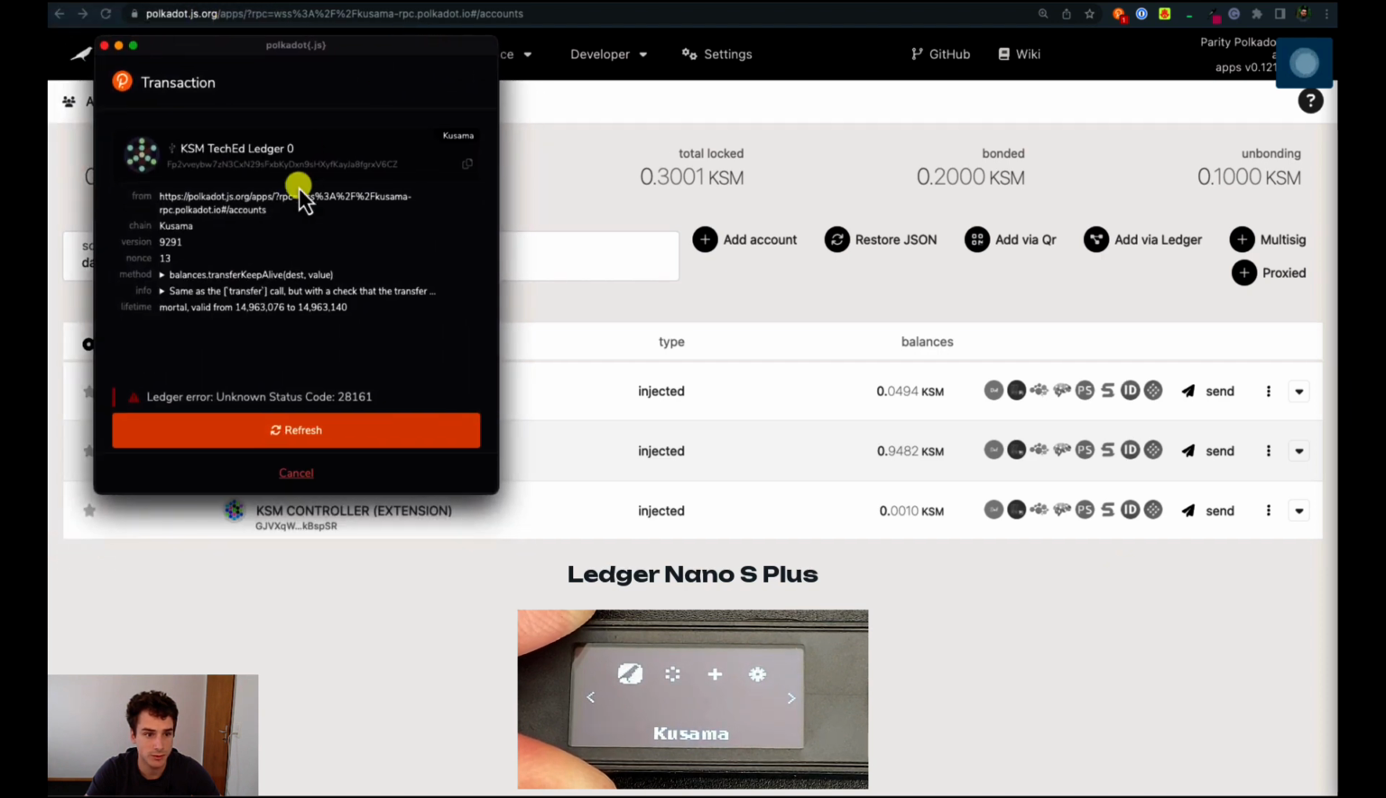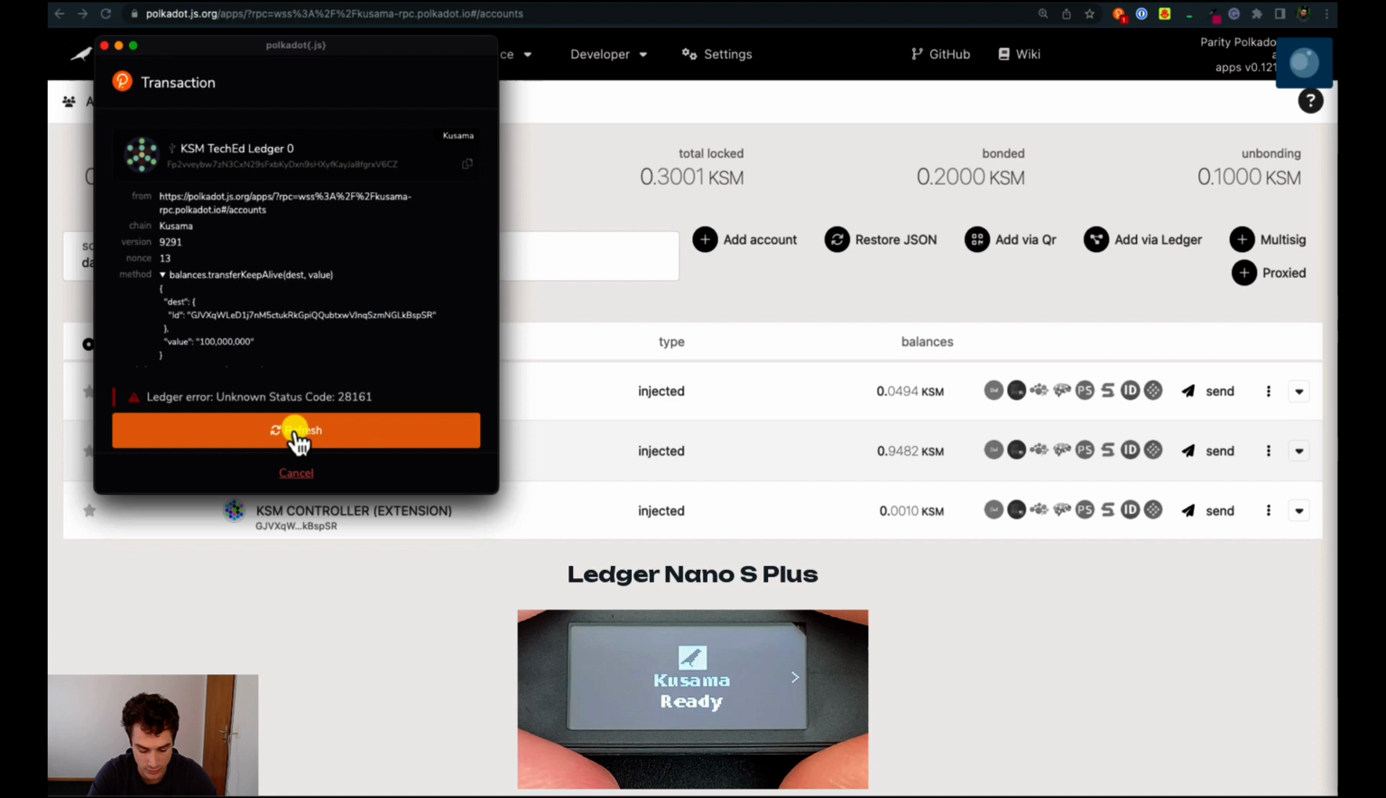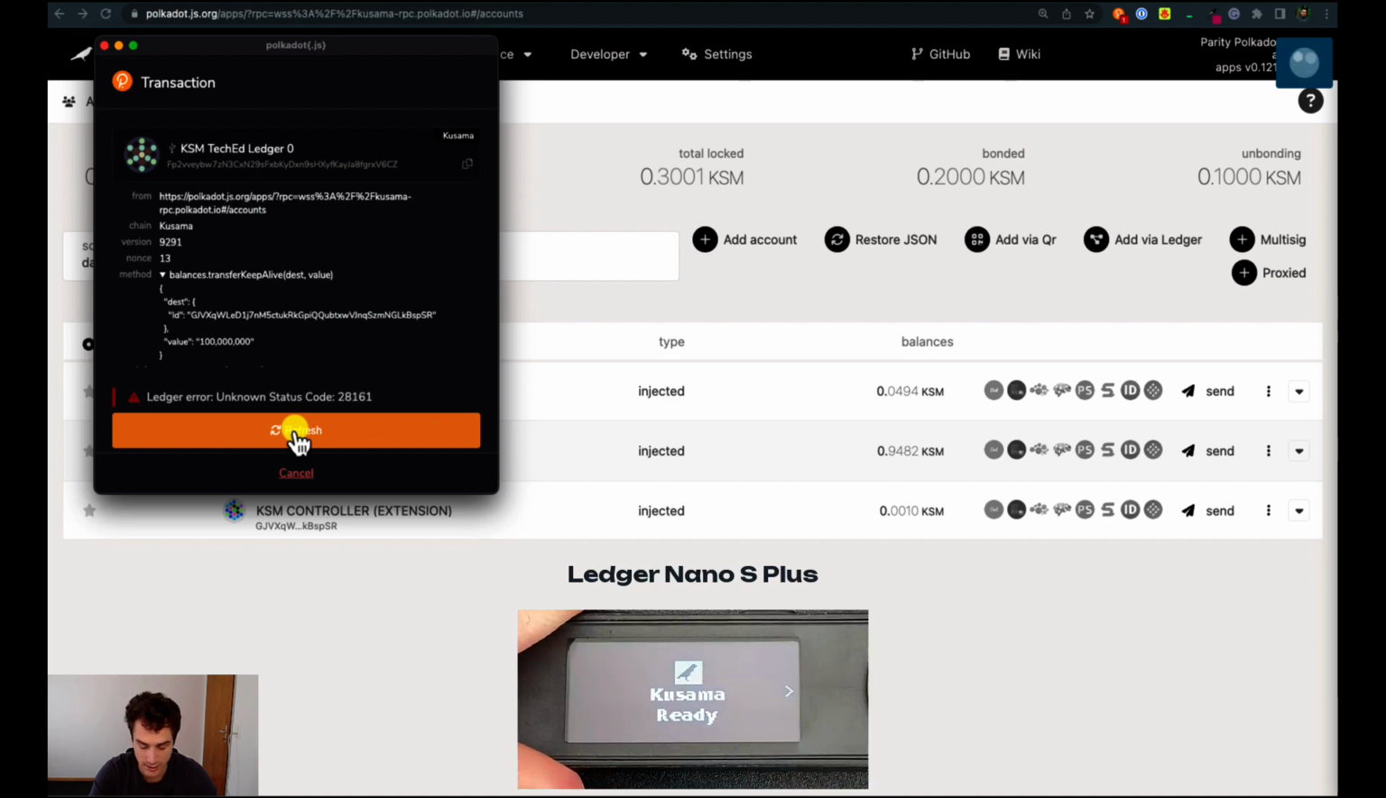The browser extension will show us some details about this transaction that we are doing. We can also double check again that everything looks alright, that we have here this receiver address, and this is actually the same as the address that we have here. And don't worry if there is a ledger error in here that you have to refresh. Before clicking on refresh, go on your ledger device, enter your Kusama app, and when you see the Kusama ready screen, you can click on refresh,